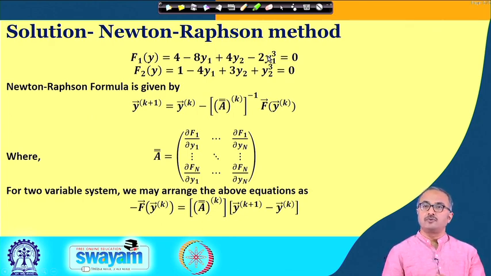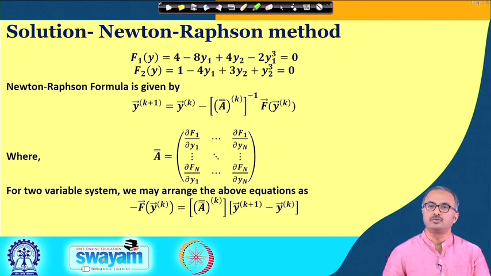You may also wonder why I am skipping the second or the regula falsi method. Please understand that those may also be implemented, but their implementation becomes a bit more involved. So for multicomponent systems, or whenever we have multivariable systems, we generally do not adopt the regula falsi or the secant method. We rather go with these two methods which I have demonstrated in this particular lecture.